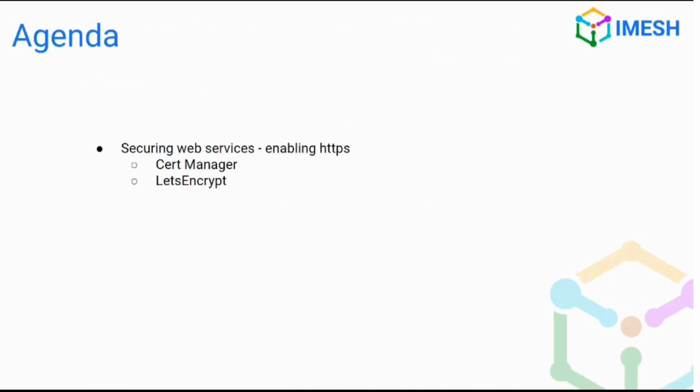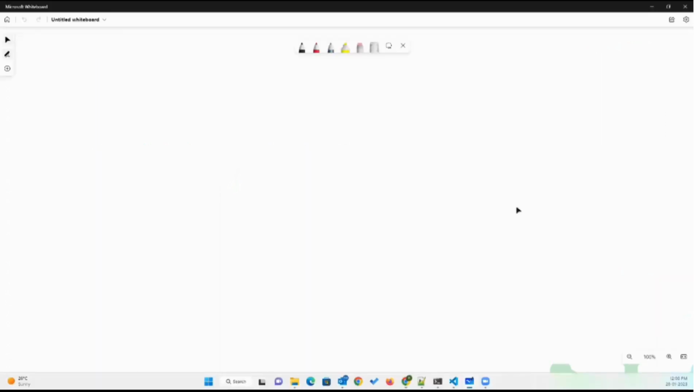It was plain HTTP in our last session. Today we'll be enabling HTTPS so that the communication channel can be secured. We'll be using Cert Manager for that, and Let's Encrypt to issue the certificate. But before going there, let's have a recap of the last session, whatever we have learned, and we'll continue from there. So what we saw in our last session,